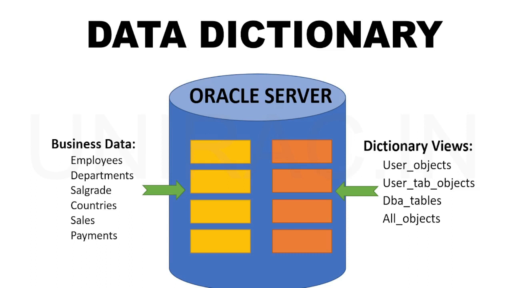So you can see there are two different kinds of data in our database. One is business data, the other is dictionary data. We know business data is always your customer data. As an example, we can take Paytm or Swiggy, Foodpanda, banking, insurance. These domains have their own tables and their own data.